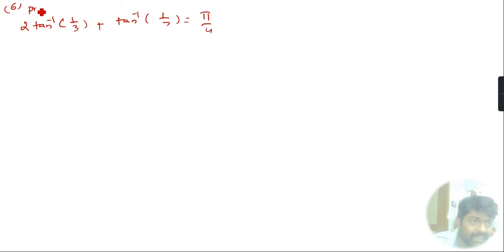The next question is 2 tan inverse 1 by 3 plus tan inverse of 1 by 7 is equal to pi by 4. We prove that 2 tan inverse of 1 by 3 plus tan inverse of 1 by 7 is equal to pi by 4. So first, the solution is